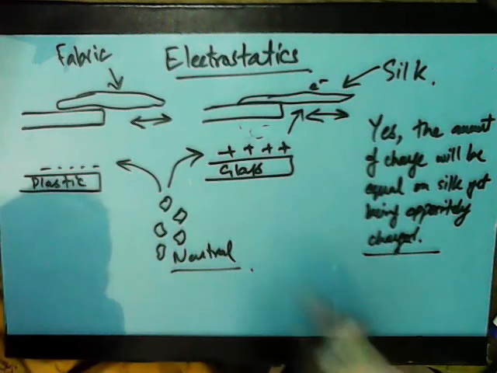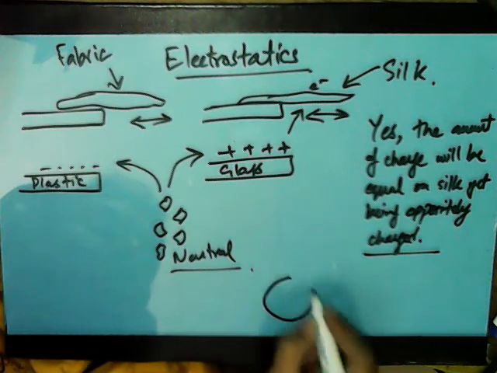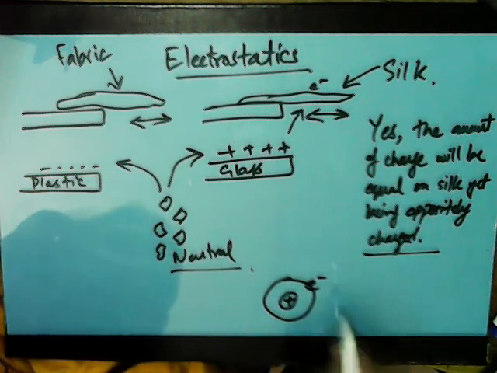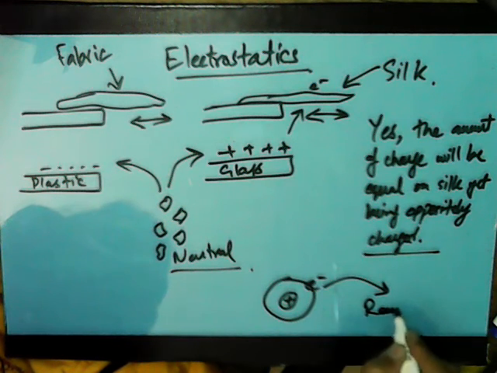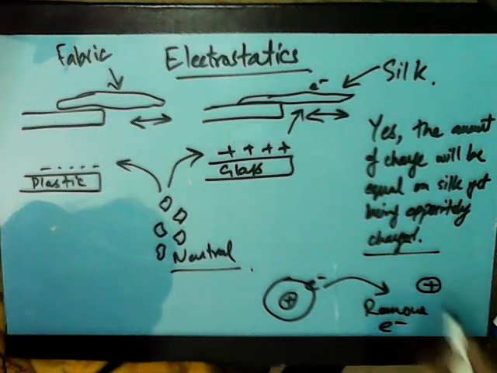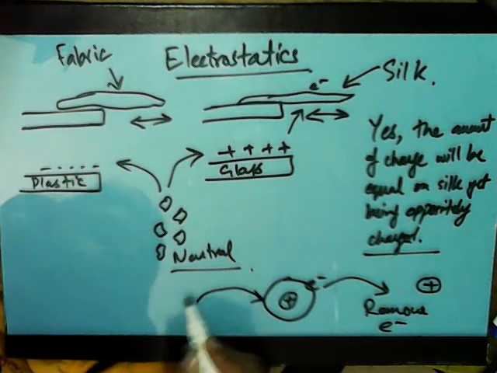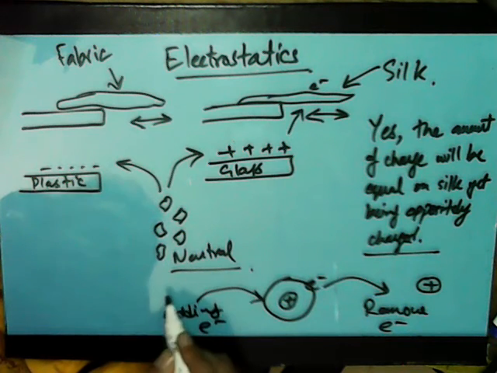Why? Because obviously if something is lost, let's say this is a neutral atom. I'm going to draw a very simple atom, which is a hydrogen atom. If I take this electron away, I remove the electron, what do you get? A proton, right? And if I'm adding an electron into an atom,